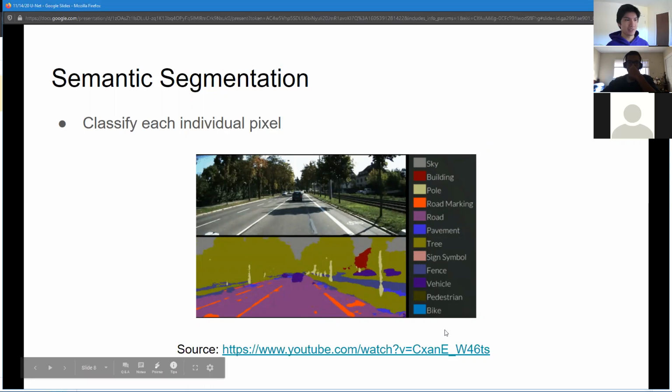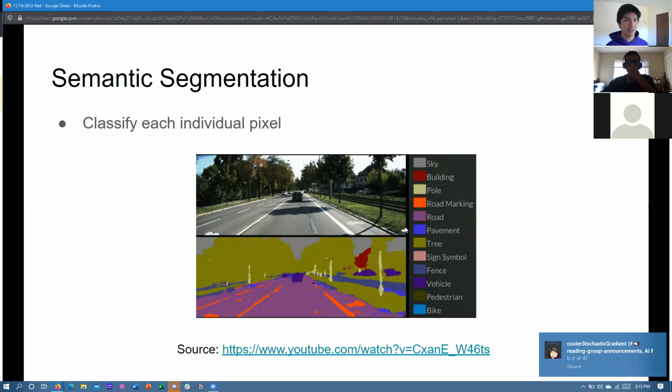And that's what this image explains here. These colors are mapped to the classes that are being classified. So for example, this yellowish color is a tree. So all these pixels are classified as tree pixels, right? And for example, the purple down here are road pixels, and so on and so forth. And there's also a cool video here, which shows this actually as a live video.